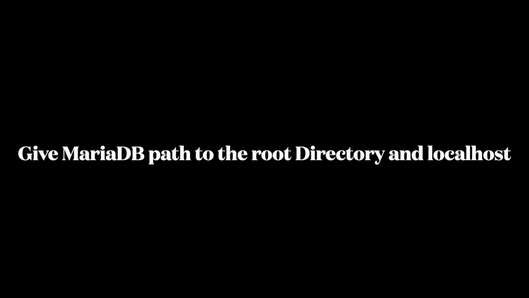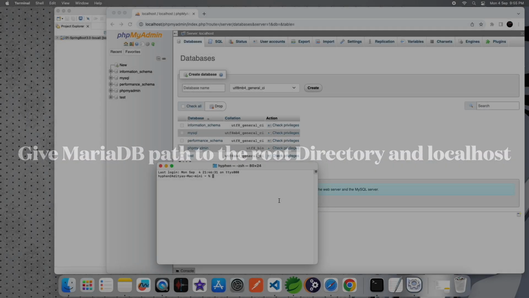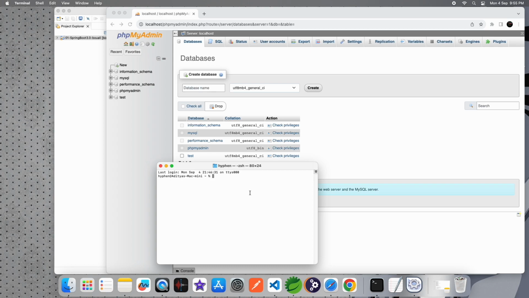You need to give MariaDB's path to the application directory. Just open the terminal and type cd, two dots, and a forward slash. After hitting enter, you go down two directories, then type cd application to go to the application directory, and there you need